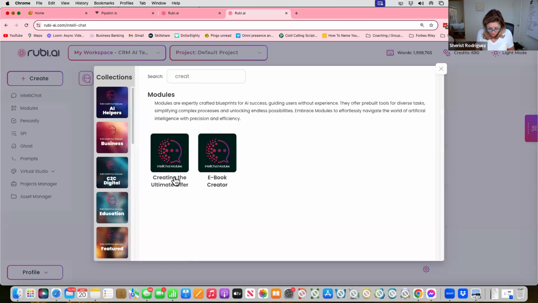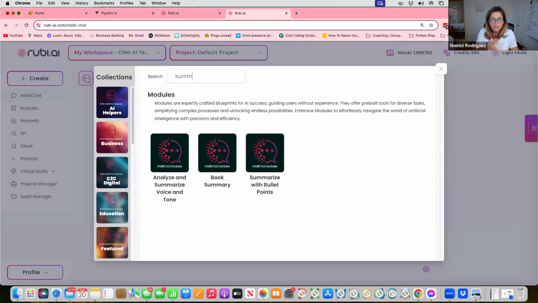There are other things that you can use, like summarize with bullet points. So if you want to have something, and this is good for website copy too, or you want to get a certain point out, you can have it do a summary and then put the bullet points. The bullet points could help you with talking points, could help you with a section on the website, or could help you with content or course materials, anything like that. You can really use that one for a lot of good stuff.